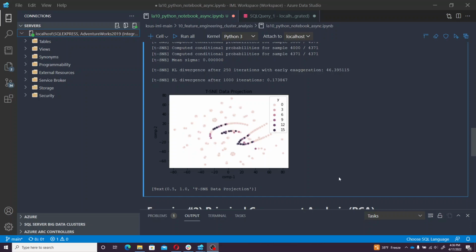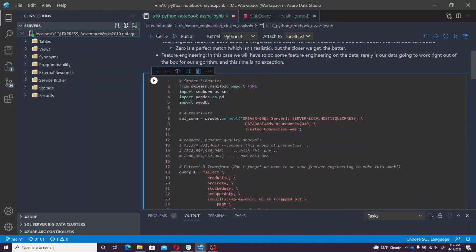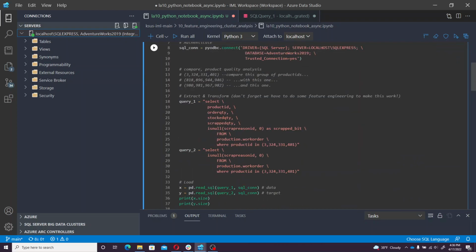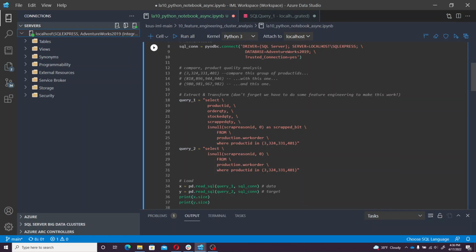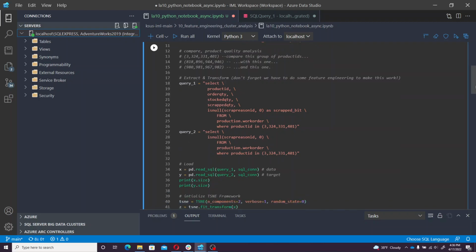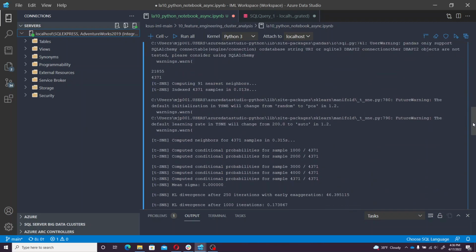Now you might say, hey, that doesn't tell me a lot. But what we're looking for here is something that only makes sense when we run these through more and more. I've already set the use case up, and that is super critical to understanding. You can't just make a t-SNE or a cluster analysis without having a model in mind in terms of what you're trying to accomplish. So in this case, I've created an audit model, so to speak, a quality product audit